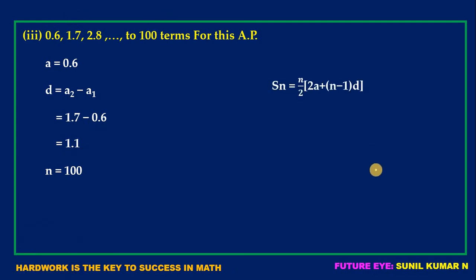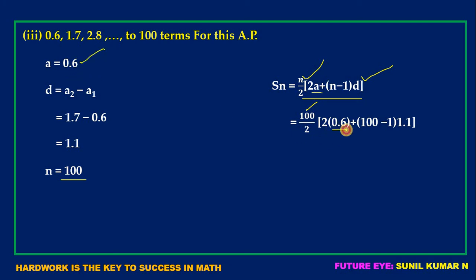So same formula ne barkoli. So this is Sn is equals to n by 2 into 2a plus n minus 1 into d. ಈಗ ವ್ಯಾಲ್ಯೂಸ್ ನೆಲ್ಲ ಸಬ್ಸ್ಟಿಟ್ಯೂಟ್ ಮಾಡಿ. ಸೊ n ವ್ಯಾಲ್ಯೂ ಎಷ್ಟಿದೆ, ಇಲ್ಲಿದೆ ನೋಡಿ n ವ್ಯಾಲ್ಯೂ 100. ಸೊ ಬರೆದು ಬಿಡೋಣ ಇಲ್ಲಿ. ಸೊ n ವ್ಯಾಲ್ಯೂ is 100. ಸೊ a ವ್ಯಾಲ್ಯೂ ಎಷ್ಟಿದೆ, 0.6. ಸೊ 0.6 write it in the bracket. So n value again it is 100. So d value is 1.1, that we have found it here.